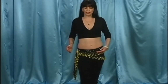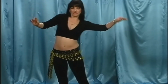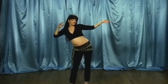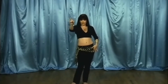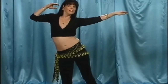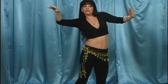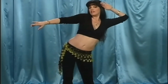Now we're going to extend the upward 8. So when one hip comes up, you will lean out with the opposing shoulder, like this. I call this the Axl Rose. So this is more like an infinity sign than an actual figure 8. And again, you're drawing the figure 8 on the wall. Let's try it. And 1, 2, 3, 4, 5, 6, 7, and 2, 2, 3, 4, 5, 6,